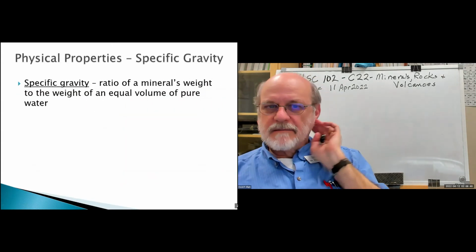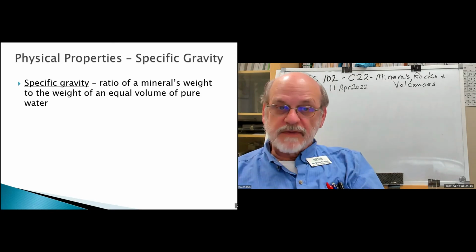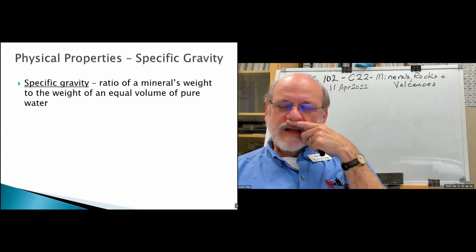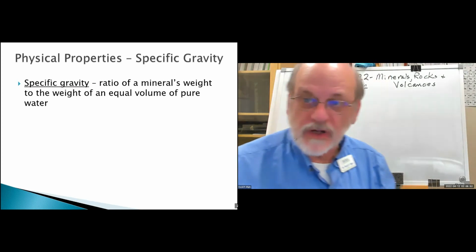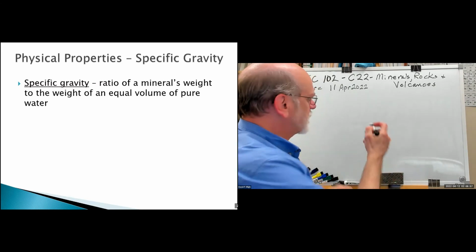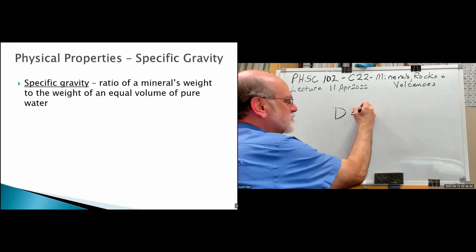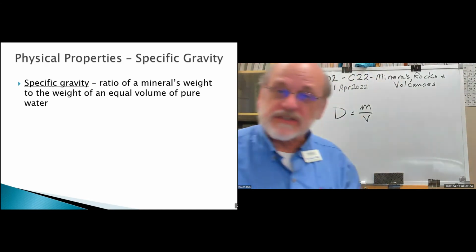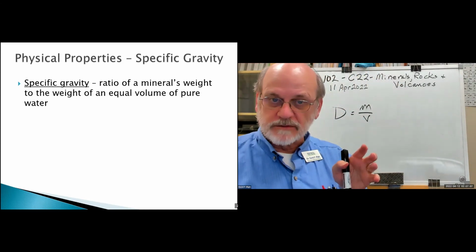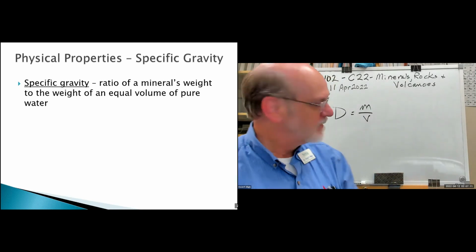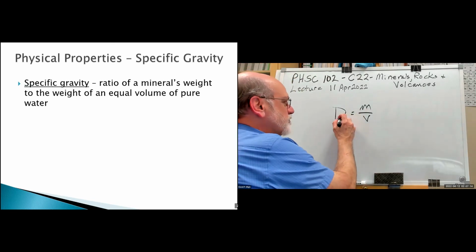Okay. Other physical properties: specific gravity. We know what density is, right? We learned that early on in the course, in fact, probably in the first semester. Density is mass per unit volume. You can define density for a mineral, but more often it's reported as specific gravity. So this would be the density of your mineral.